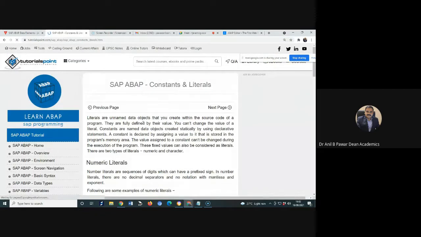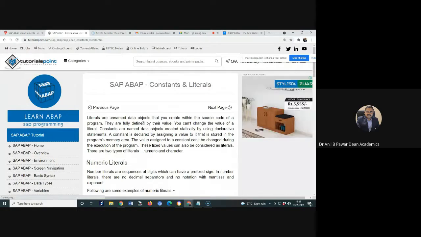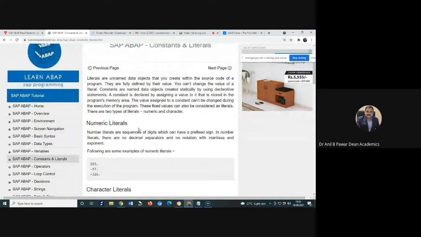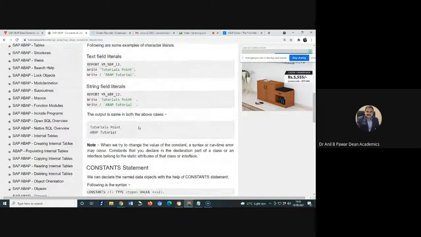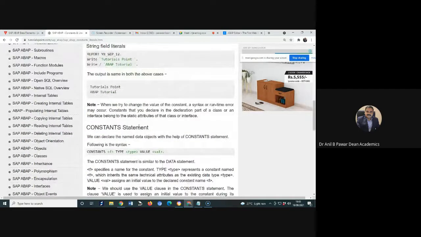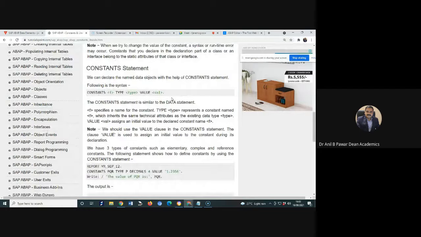Then in this case, now that we have covered variables and data types, the next thing that is very important for any programmer to understand is how to make use of constants and literals. Earlier we discussed the basic syntax of ABAP, the data types used in ABAP, and variables. Similarly, how are we going to use the various constants or literal values, meaning how you are going to mention any numerical value, character value, or string value, or how you can declare a particular constant in your ABAP program.